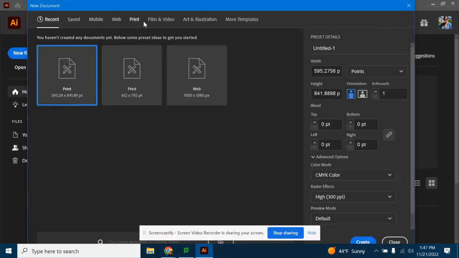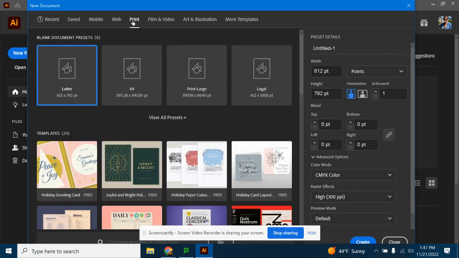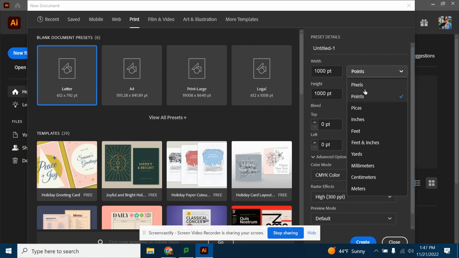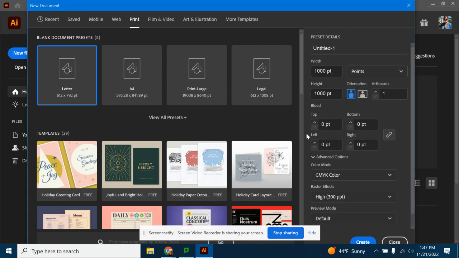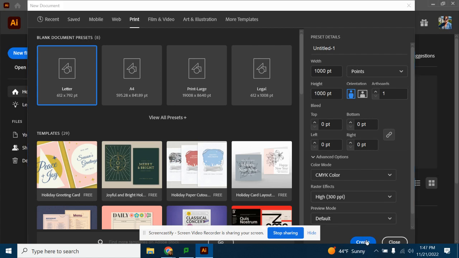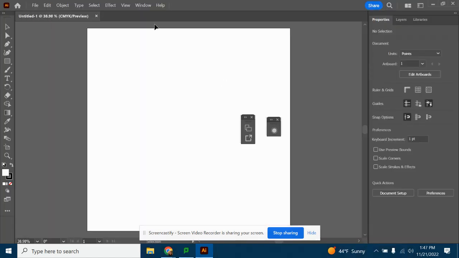Here you can choose from a list of different categories. I usually will go to Print, and here is where you can set up the size. So I like to do 1,000 points by 1,000 points. I just like working on a square canvas. You can customize this. You can also change this to inches or pixels if needed, but points work just fine for this. So I'm just doing 1,000 by 1,000. I'm going to leave all of this the same. CMYK color is fine. 300 PPI is fine too, and we'll click Create, and it's going to create a blank